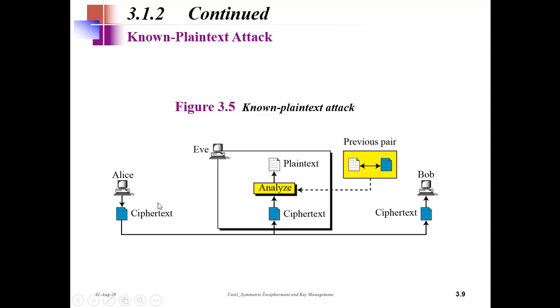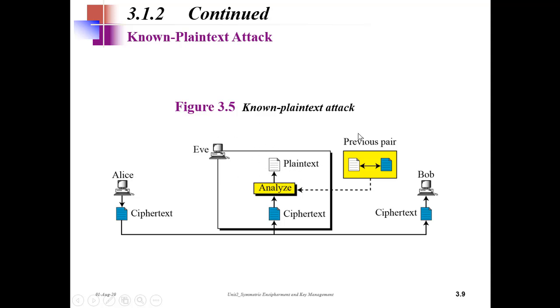So what he does, when Alice sends the next message, and assuming Alice uses the same encryption algorithm and key, he can analyze and have a high probability of getting the plain text correctly, right? So whenever Alice sends a message and uses the same algorithms, he can always analyze and get the original message.